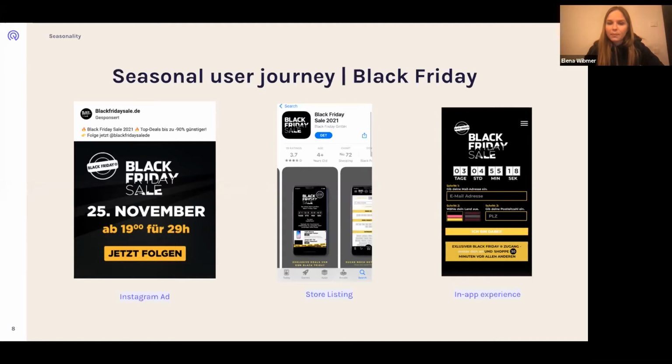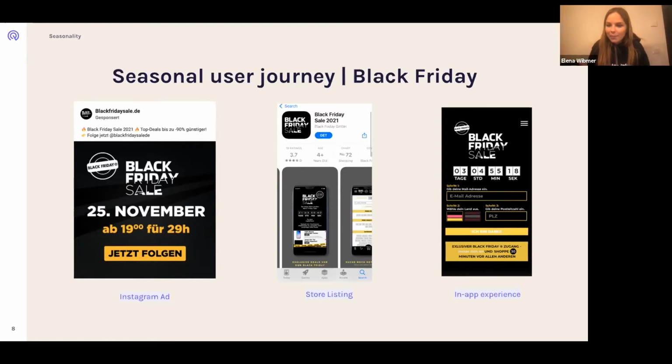The goal is then, of course, that he comes into your store listing. In that case, I think it's a very good example, because I, as a user, come from the ad that tells me, hey, there is something around Black Friday. I land in the store listing and I see again reflected the very well optimized creatives, the name and everything around Black Friday, which will in the end hopefully make the user, or I would say there are at least higher chances, if he really has that whole flow where he sees the preview, he downloads at the end, which is what we also want to achieve, right?